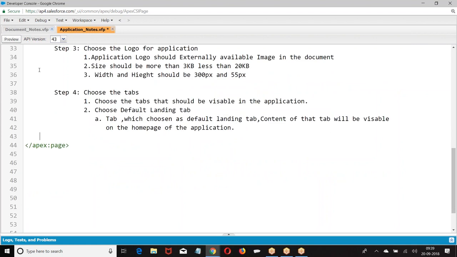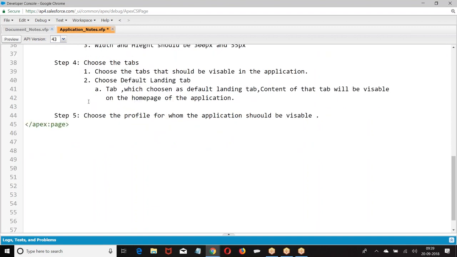Then what is the last step? Choose the profiles for whom the application should be visible. Example, I have given here.